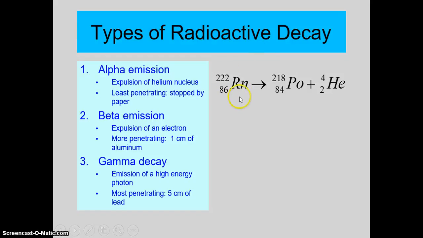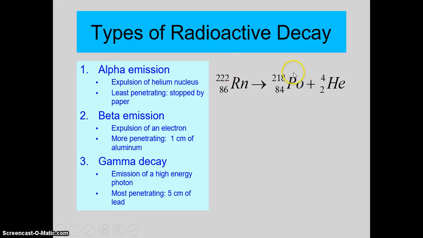Alright, so in the last video, I think I mistakenly called this radium. This is actually radon. So anyhow, that's alright. So what we're looking for is the bottom numbers, the atomic numbers on this side of the equation add up to what you started with, and the mass numbers on this side of the equation will add up to